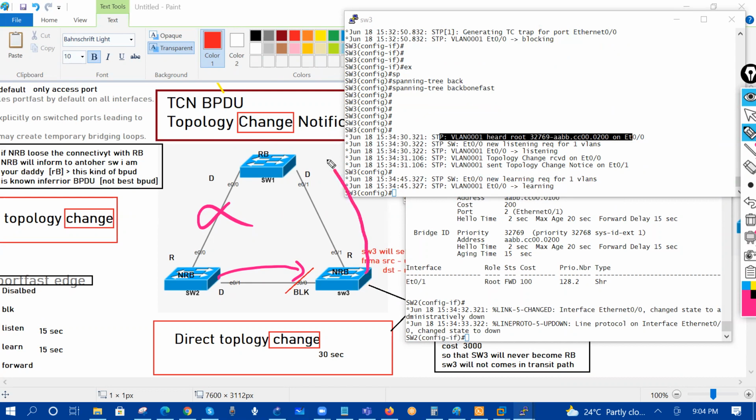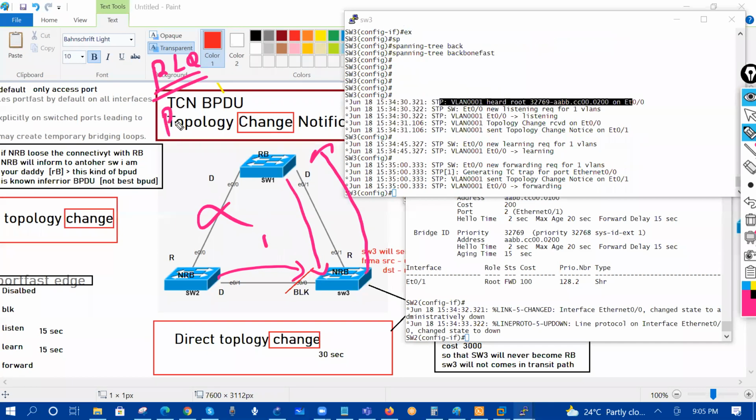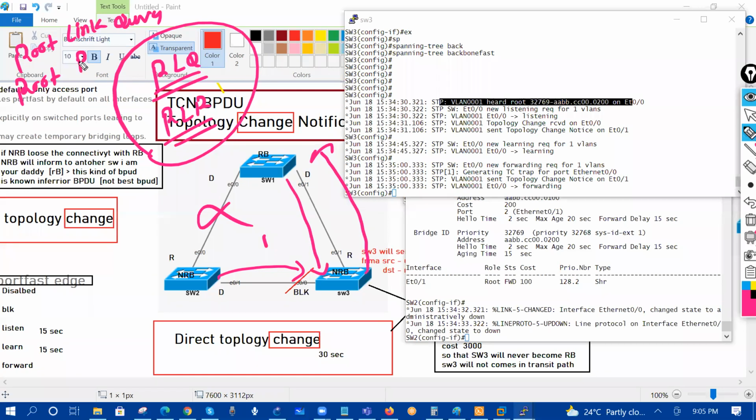Immediately switch 3 will send which message? Root link query. Hey, are you there? Root link query means I'm asking you, are you there or not? He will give the reply. Yes, I'm there. Root link reply. Root link query and root link reply. And once switch 3 gets to know that, hey, switch 1 is present, my root bridge is present, what happened? Immediately this interface 0/0